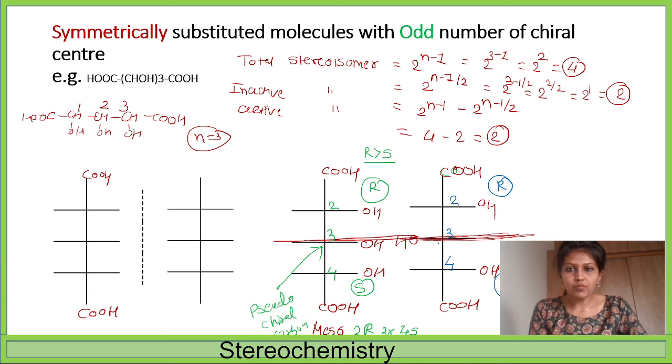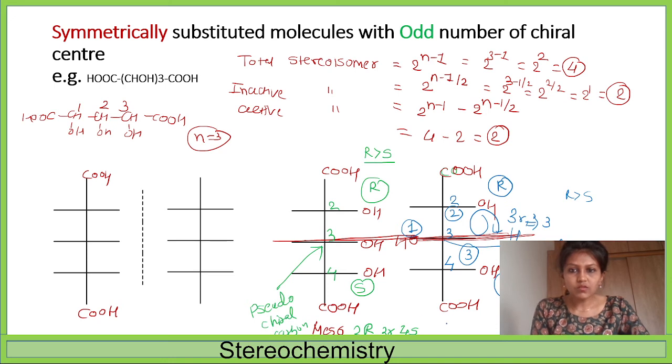Now for carbon number 3, if we want to find out R or S, this is given number one, right? And R has more priority than S, so this is given number 2 and this is given number 3. So 1, 2, 3 is clockwise, so it is R, but hydrogen is present over here, so R becomes S, right? So we can say 3R becomes 3S. This is also known as the pseudochiral carbon,